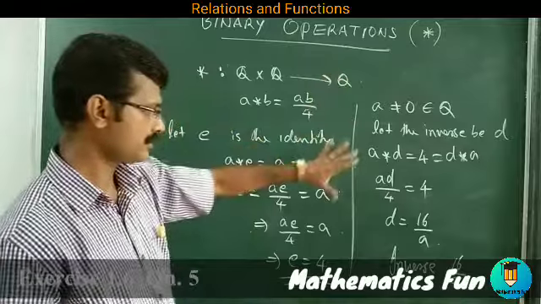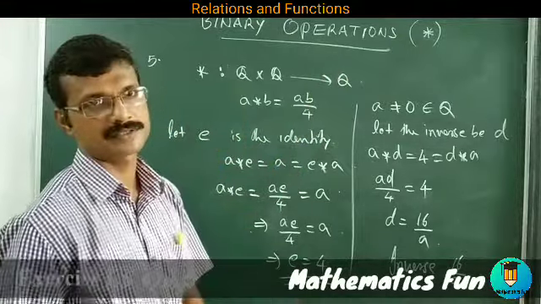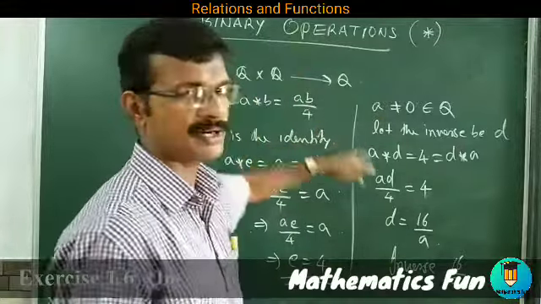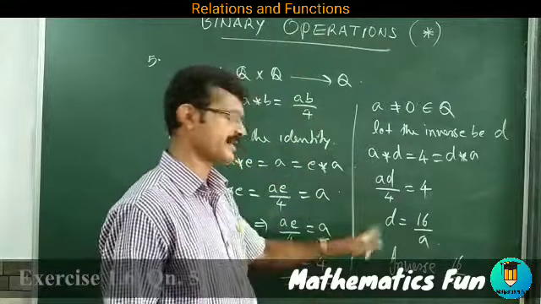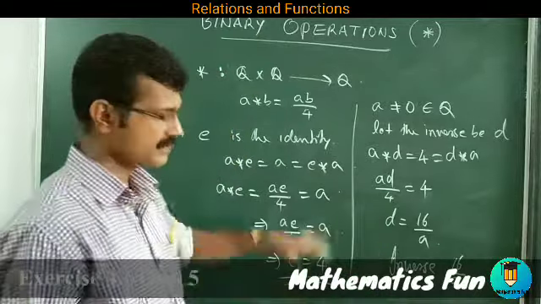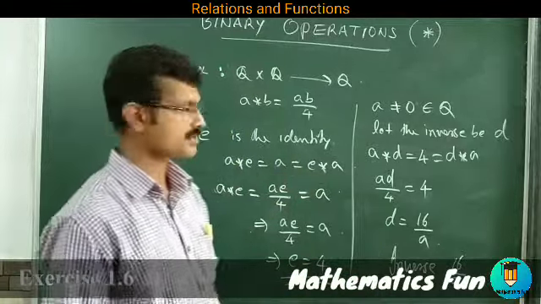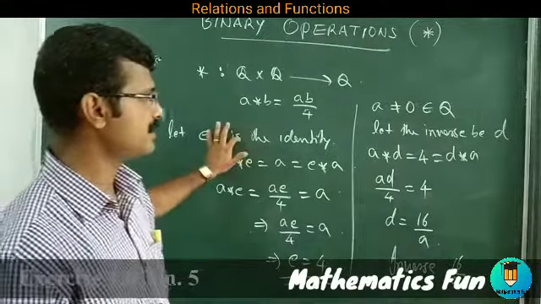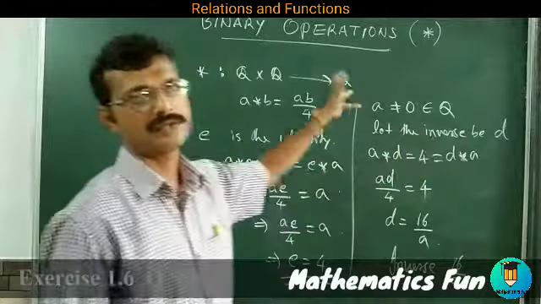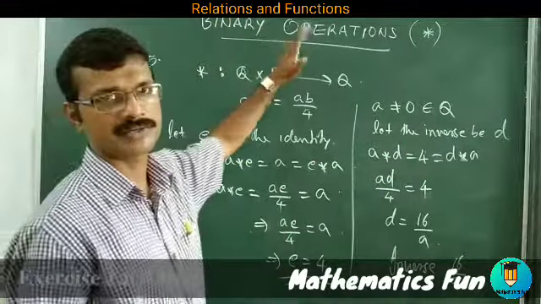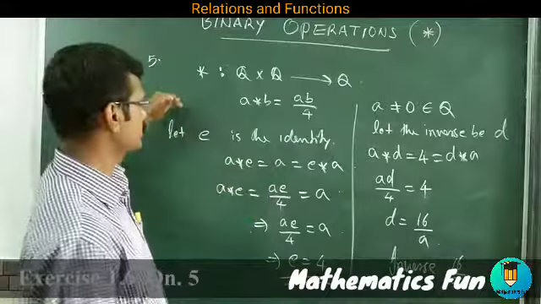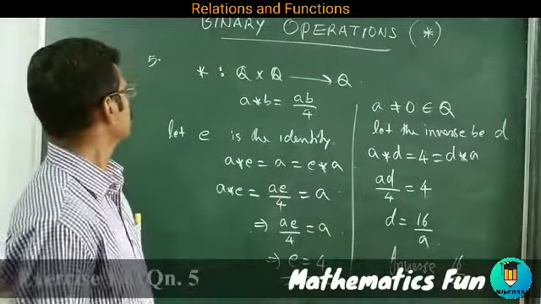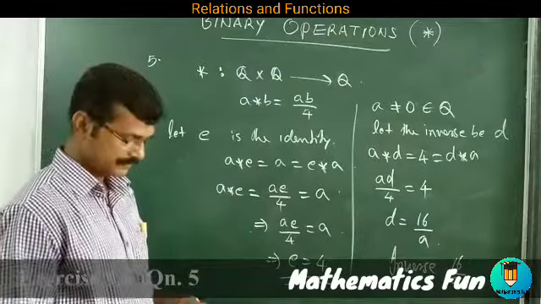So that is the question related with the identity and inverse. You can see that I am doing the sums, whatever notes I provided, I selected such type of sums. All other sums, the same things will be coming, and all those sums you can do. So go through the solution nicely once again, how to deal with the identity case and the inverse case. The commutative and associative also I have done in this question itself. So this is a good question, it deals with almost all types of methods. This is question number 5.